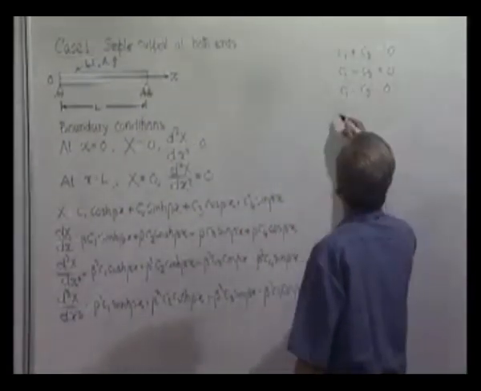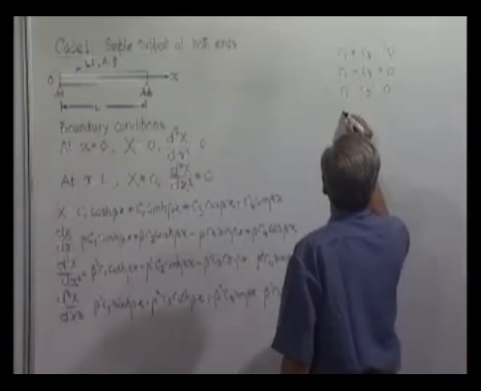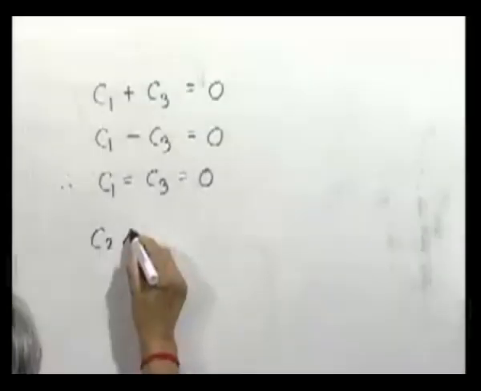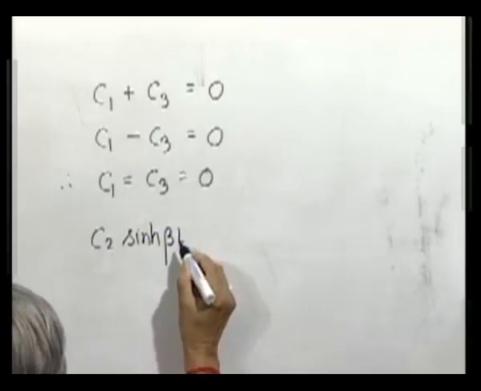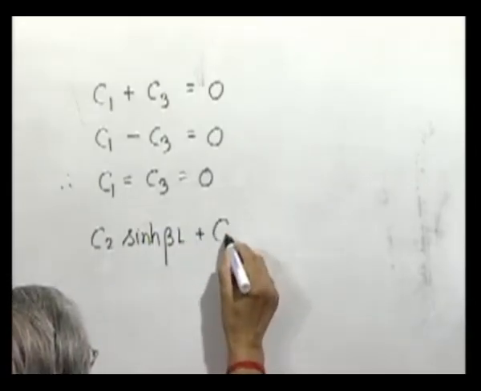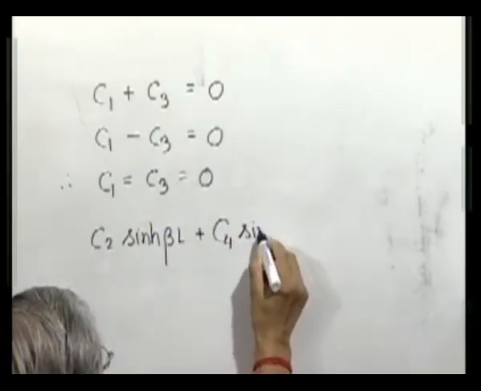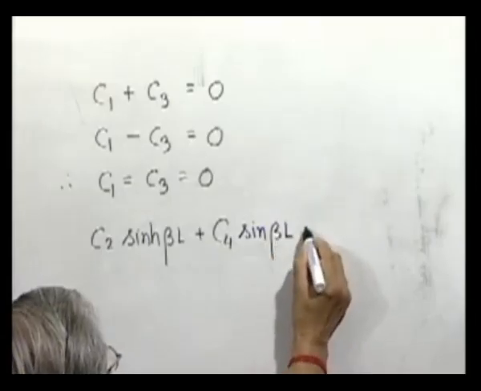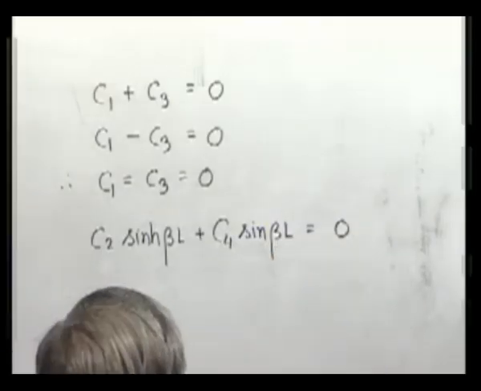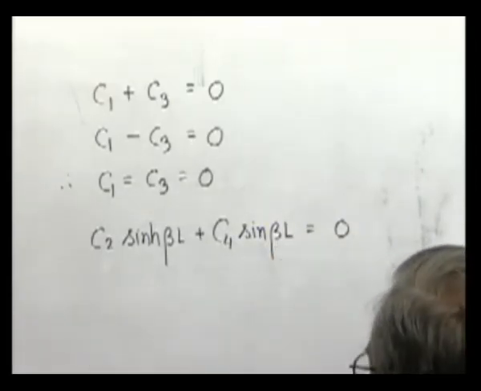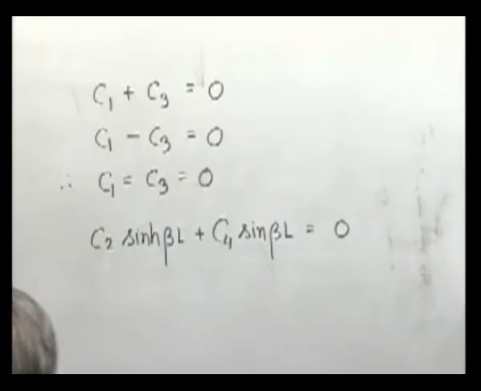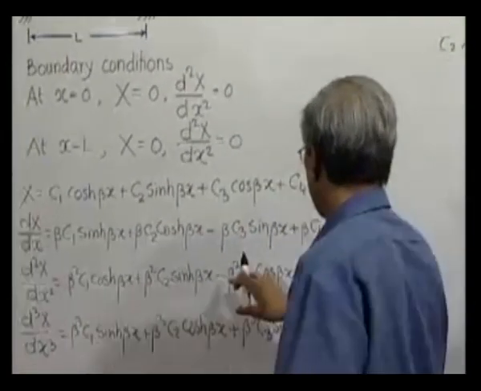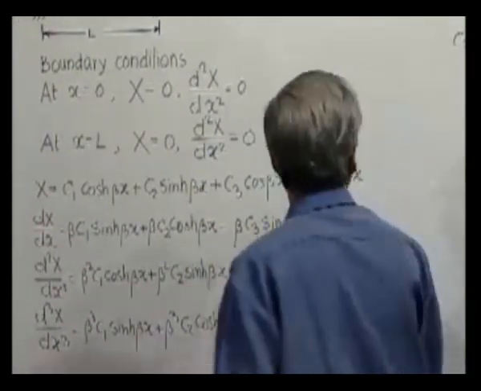So at x is equal to L, C2 sinh(beta L) plus C4 sin(beta L) is equal to 0. And again at x is equal to L, moment is 0, but anyway C1 and C3 are already gone. So what remains is